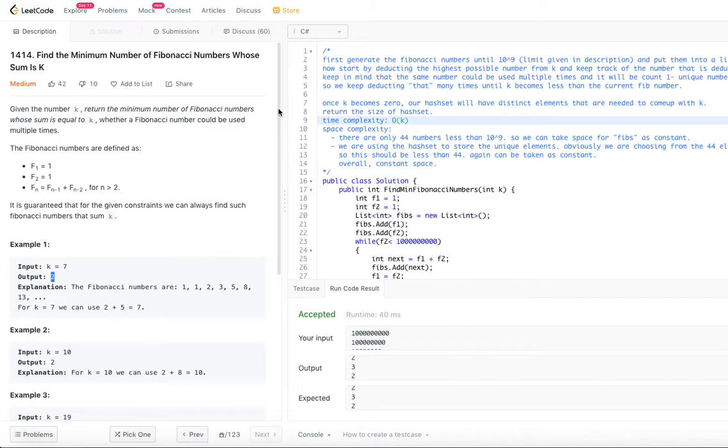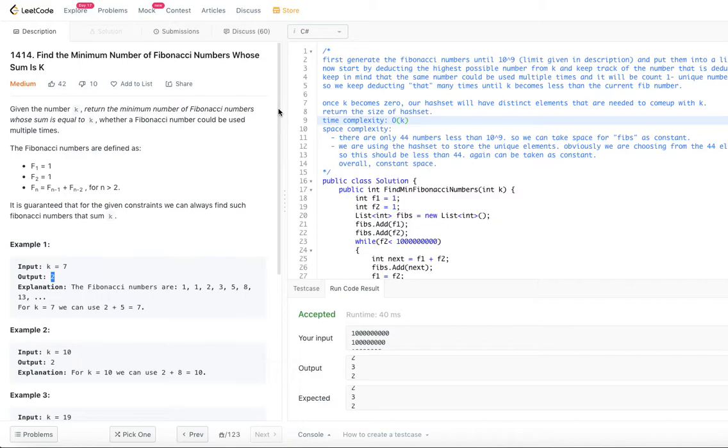So the logic is here: usually the number of Fibonacci numbers needed is very small for a given number k.